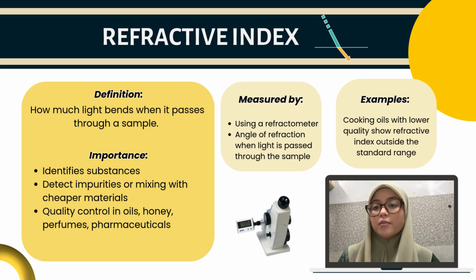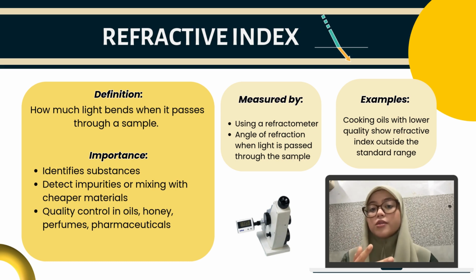Now I will explain the concept of refractive index and its role in the quality evaluation of fats and oils. The refractive index refers to how much light bends when it passes through a sample. Every substance has a unique refractive index value, so this property is useful in identifying and evaluating materials. In the analysis of fats and oils, the refractive index is important because it helps to detect impurities, adulteration,